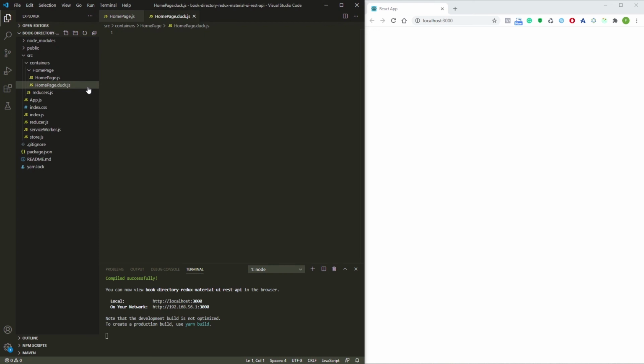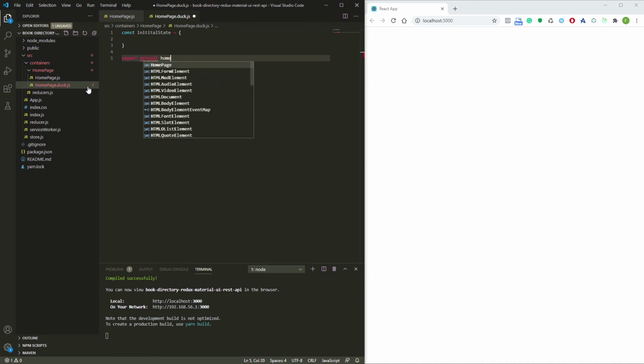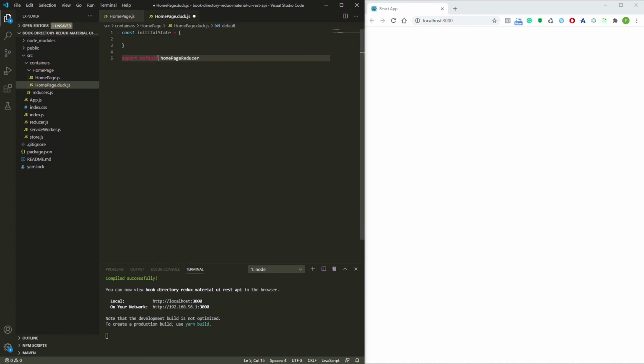And with this, we will have our reducer. So for a reducer, we're going to have an initial state, for now empty, and we are going to export a default call page reducer. I'm going to add this as a function, and here we have a state, and we pass this initial state that we just created, action,